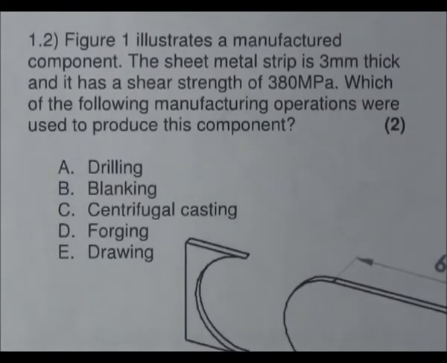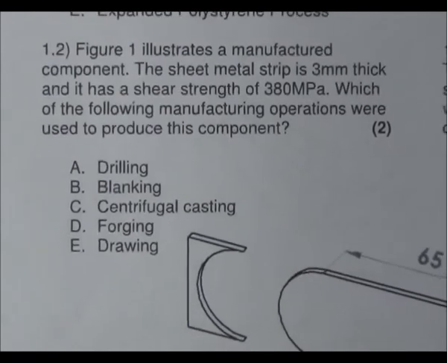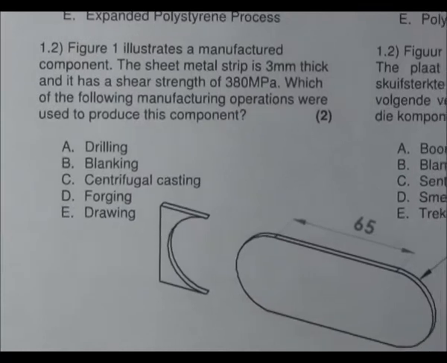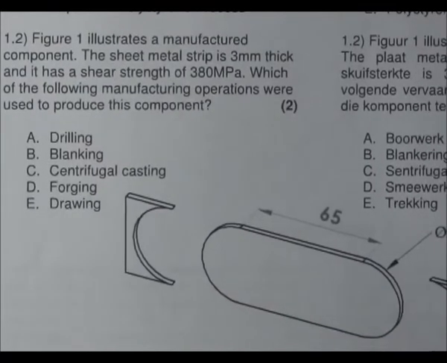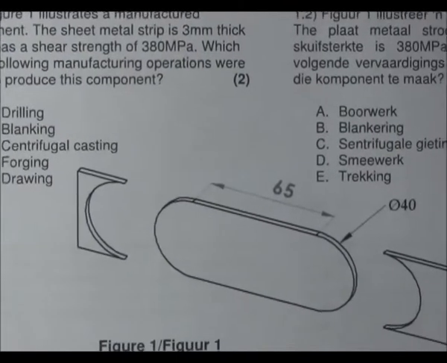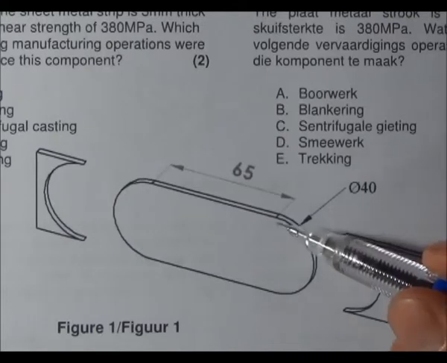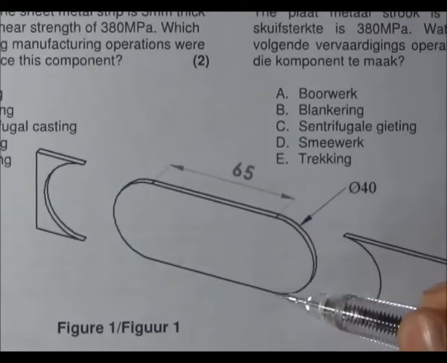Question 1.2 says, Figure 1 illustrates a manufactured component. The sheet metal strip is 3 mm thick and it has a shear strength of 380 megapascal. Which of the following manufacturing operations were used to produce this component? So this component is made from a sheet or a strip of metal, and it is cut around this side